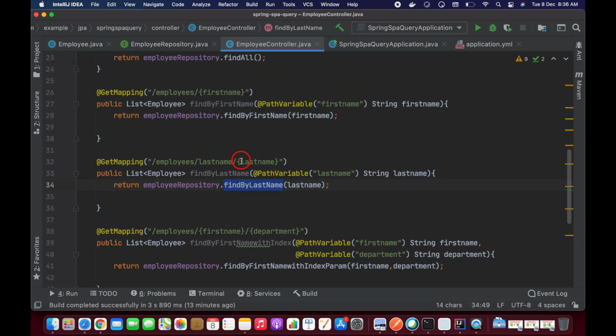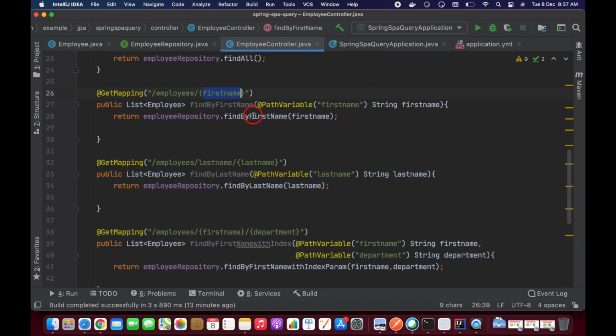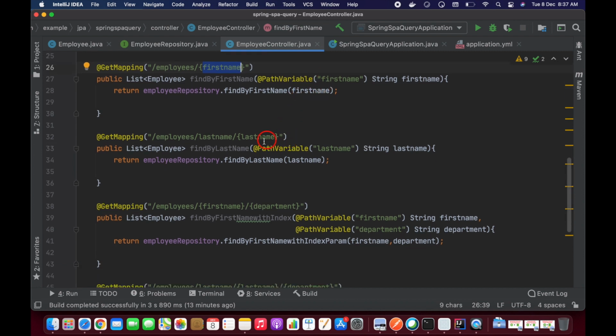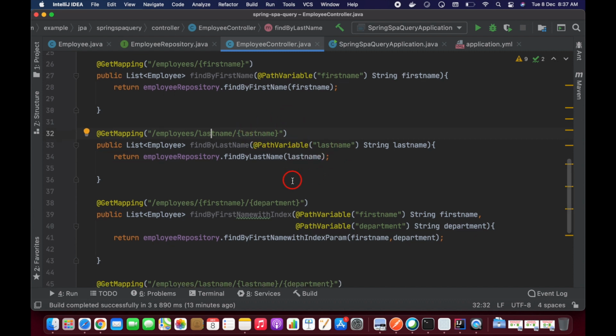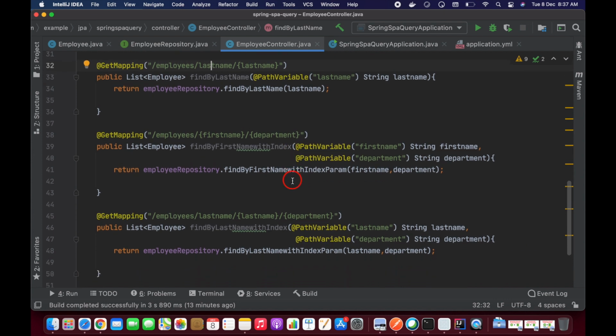First, to check the first name, I'm passing the first name as the parameter, and the second one is the last name. The endpoint is employees last name, and the last name is passed through the path variable here. The same thing, I want to check using two parameters, first name and the department, so find by first name starting with, with the index parameters.